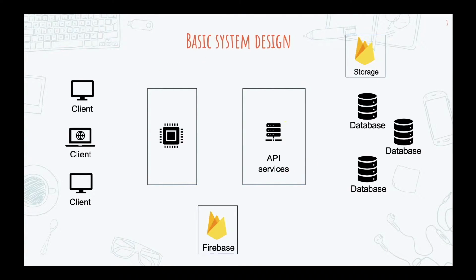And for building this end-to-end application, we will be using three types of additional support. One is Firebase authentication, by which we will be authenticating each and every user who is trying to log into our application, and the metadata that is written by Firebase, that is the email ID, the profile picture and other metadata related to the user, we will be saving into our MySQL DB.